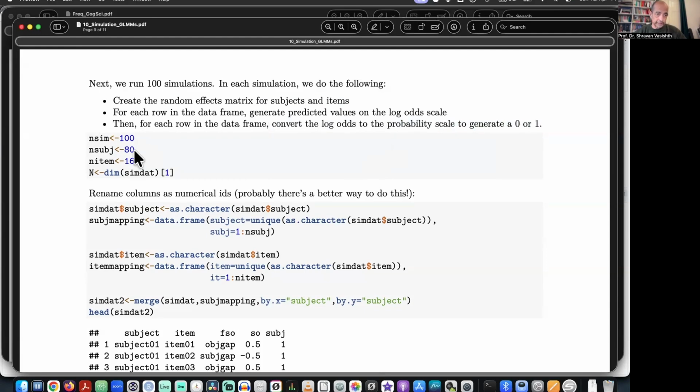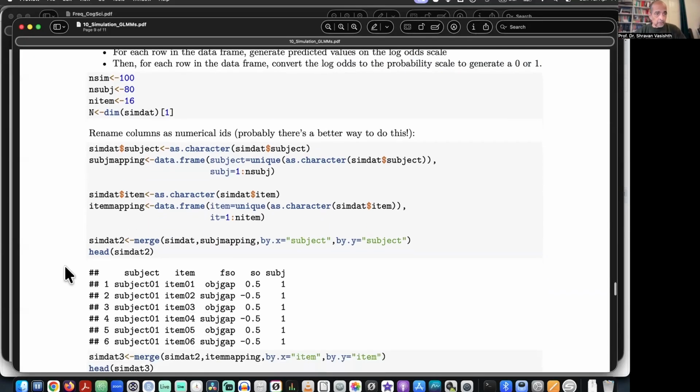100 simulations, 80 subjects, 16 items. This is the number of rows in my simulation data frame, which contains no dependent variable. So that would be 80 times 16, because each subject is seeing 16 items. All right, so